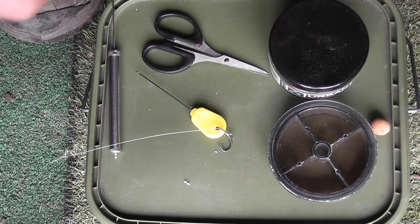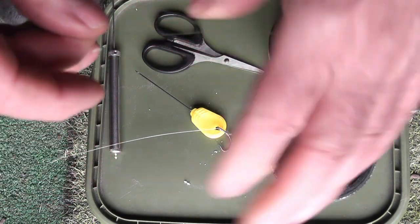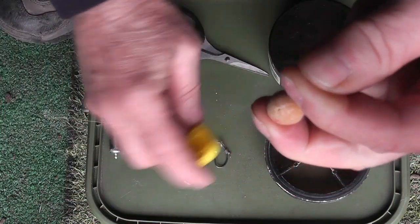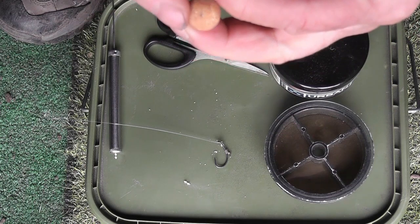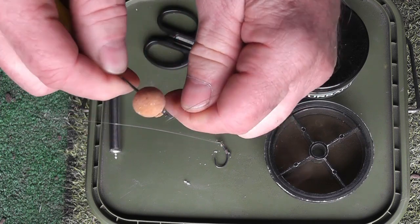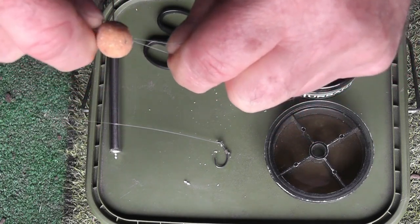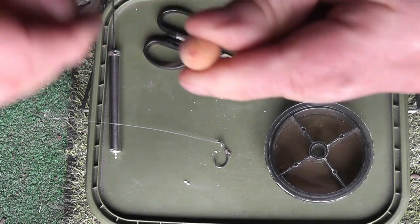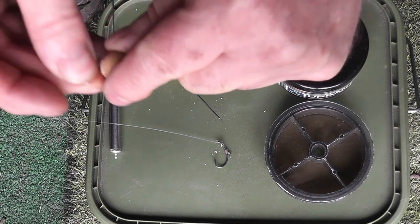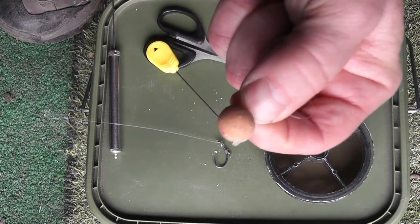Right, to tie the boilie on, get a bit of nylon. This is double strength, 12 pound, and get a boilie and thread the boilie on. Pierce it and then put the line on and pull through. Got a hair stop. Put the hair stop on, keeping it tight like that. There's the hair stop,